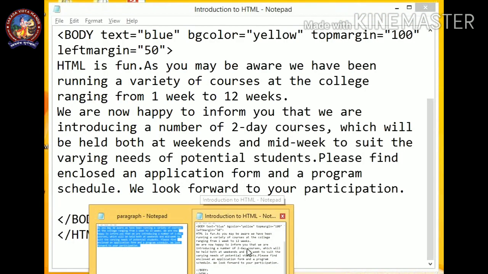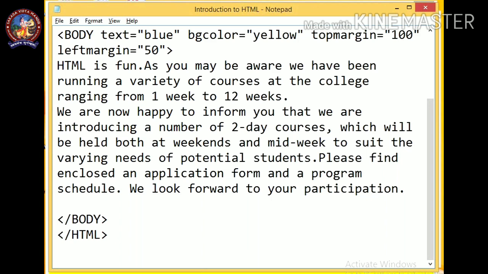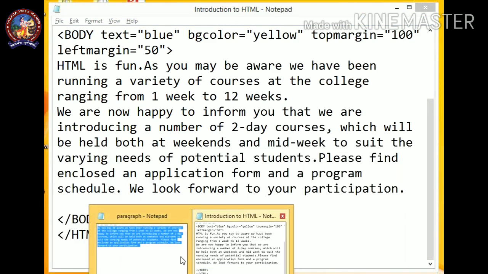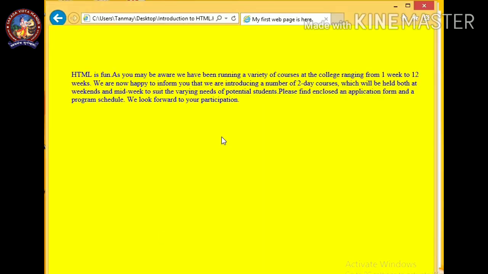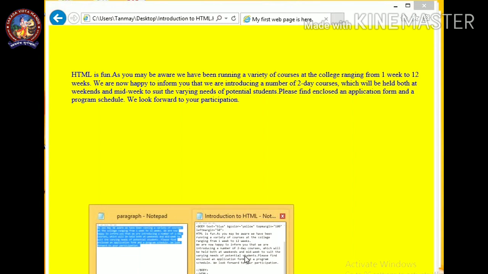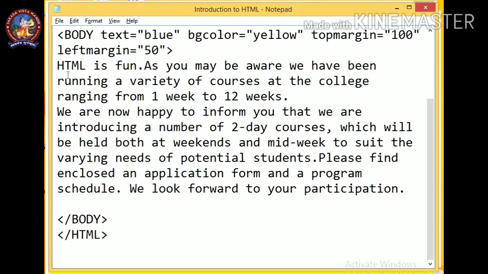The no BR tag is especially used to stop sending the next sentence to the next line, like in a paragraph, as you can see here. But we want to display all the sentences in a single line. So what we have to do is use a no BR tag, NOBR, and it is a container tag, so we must close it at the end.